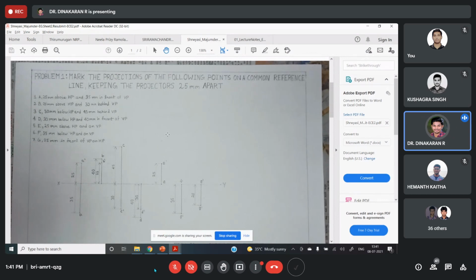You can use both sides of the chart, so you need to draw the margin on both sides. But the title block is on one side only, the front side. No need to draw the title block on the back side. Only one title block is required for each chart.